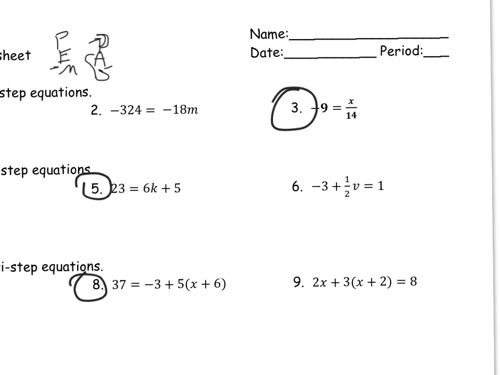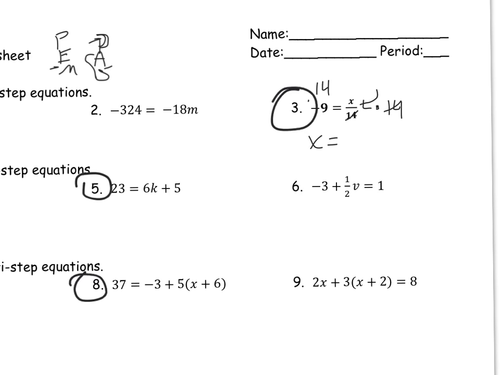Take a look over here. Same idea, we're still solving. So we have to apply inverse operations. Well, this symbol right here is division, okay, because there's no addition or subtraction, and the inverse of division is multiplication. So that means I need to multiply both sides by 14. If I do so, the 14's simplify out because multiplication is the inverse of division, and we get x equals